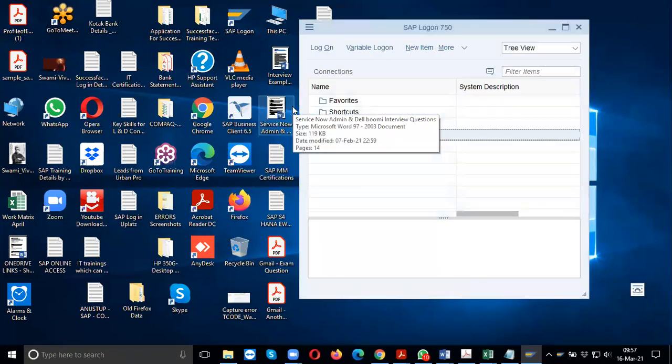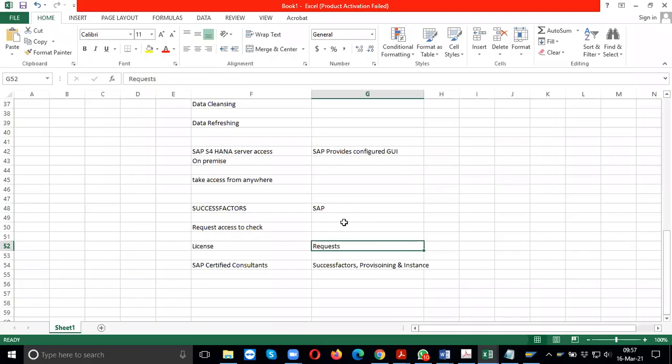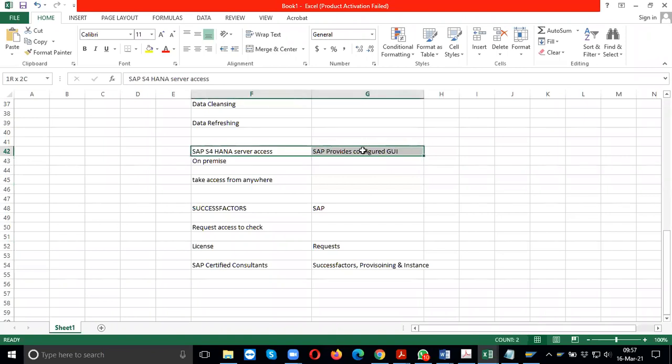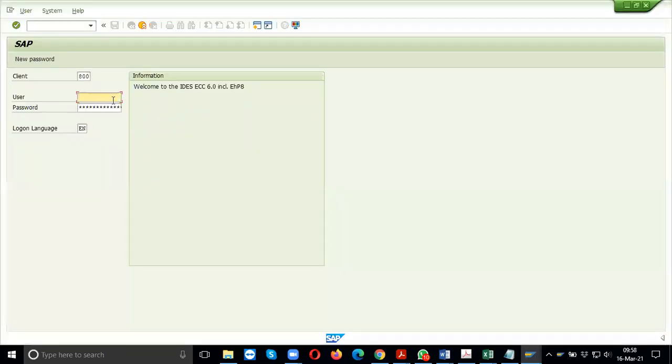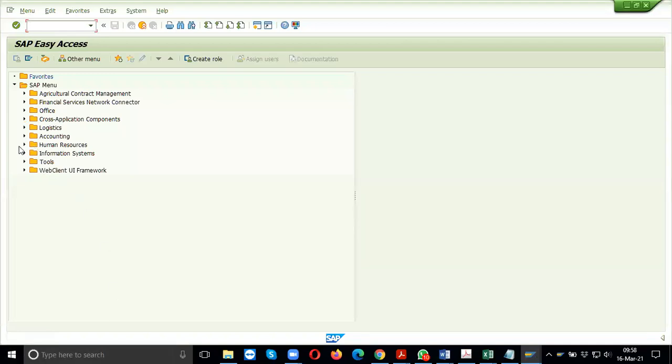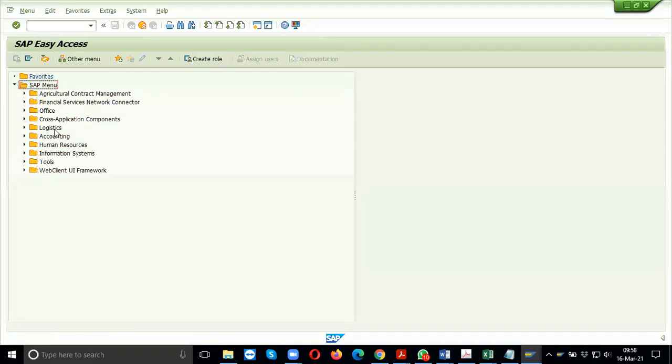which used to come with a graphic user interface, GUI, which I told you. So in this, in case you need to log in, you can directly log in here, and this access looks a bit different. It's so outdated. But it has all the solutions: logistics, finance, agriculture, human resource, all the details are available. People are still using it.